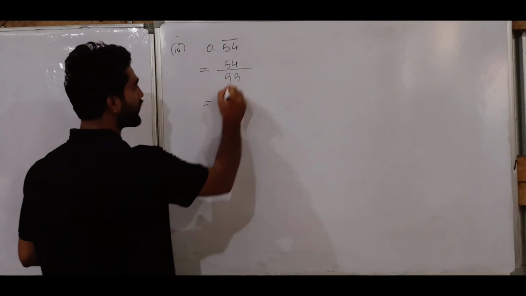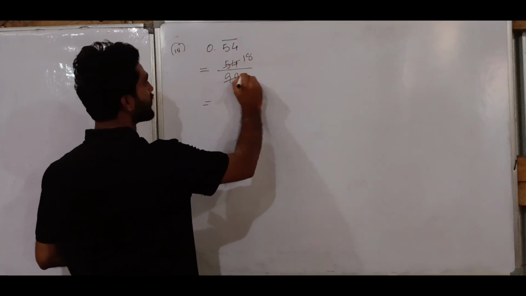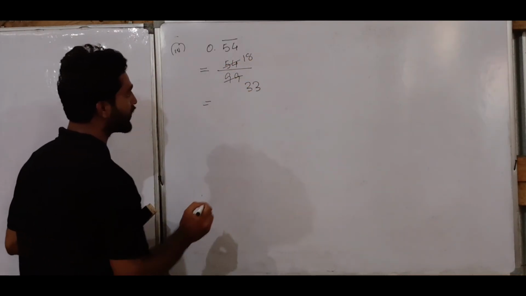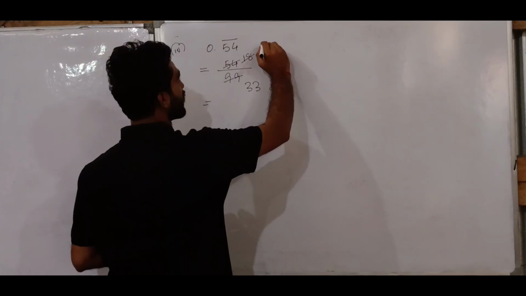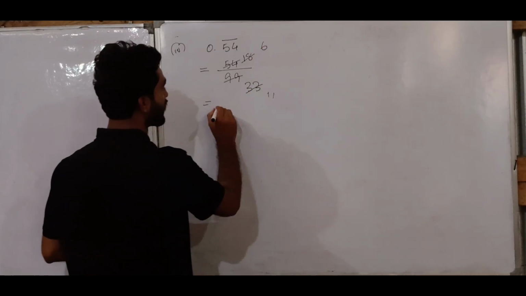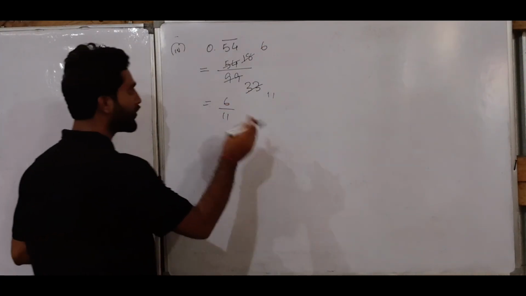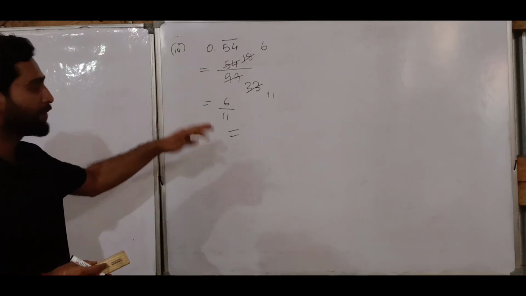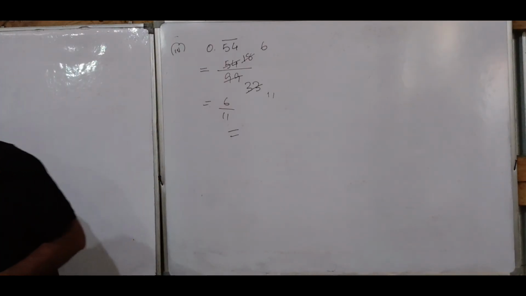Now simplify. 18 3s are 54, 33 3s are 99, 3 6s are 18, 11. Same answer we will get. Whether we do the long method or the shortcut method, we get the same answer. Now the last question is